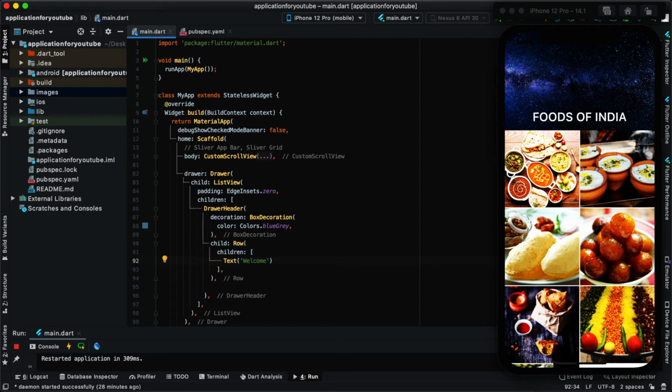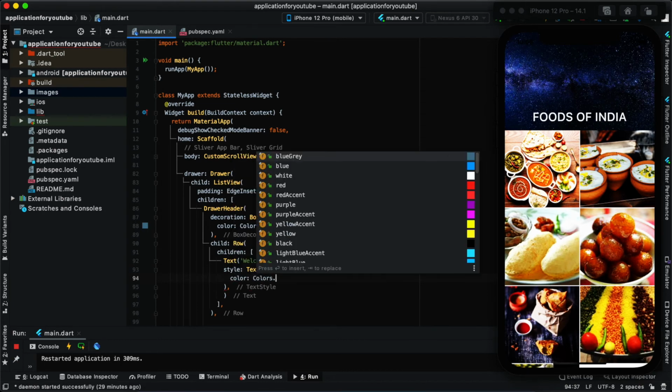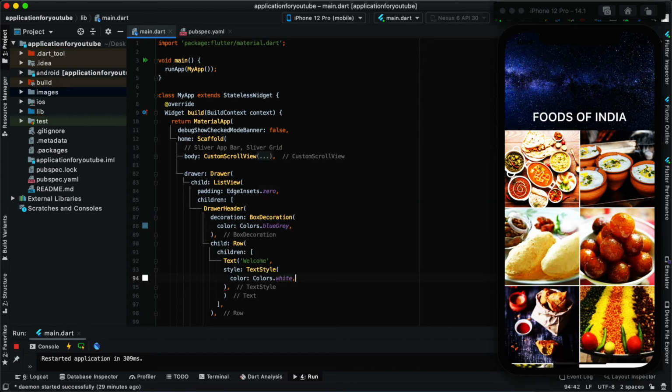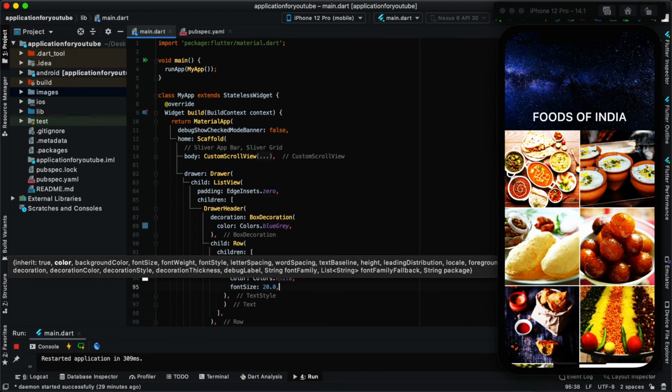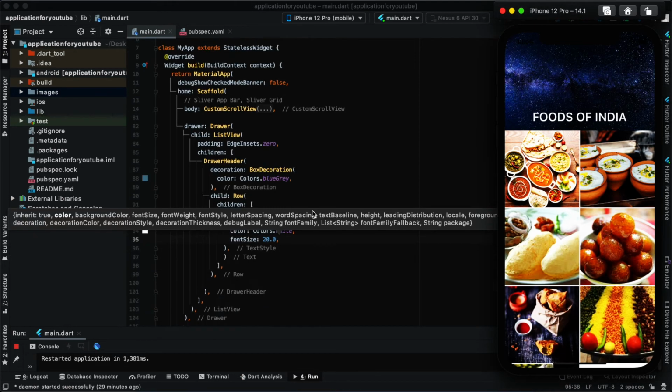So there will be a row in which I'll be providing these two things. So this is my text, and I'll provide the styling also. Let's give this style, a TextStyle, and inside this I'll choose a color for my text, which is white. Then I'll choose a font size, let's say 20. Yes, so let's see what happens now.